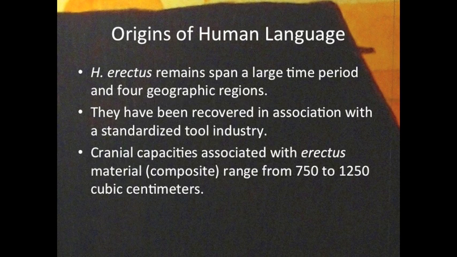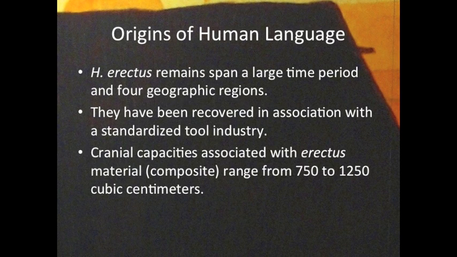Recent studies having to do with this biological variability within erectus material have really resulted in some controversies. When we take a look at the work of paleoanthropologists in the Lake Turkana region of Africa, we realize that elements of the erectus material have been reclassified. In this case, Homo ergaster represents a reclassification of material from Lake Turkana. But let's take a look for a moment at some of the basic qualities of this very unique expression.